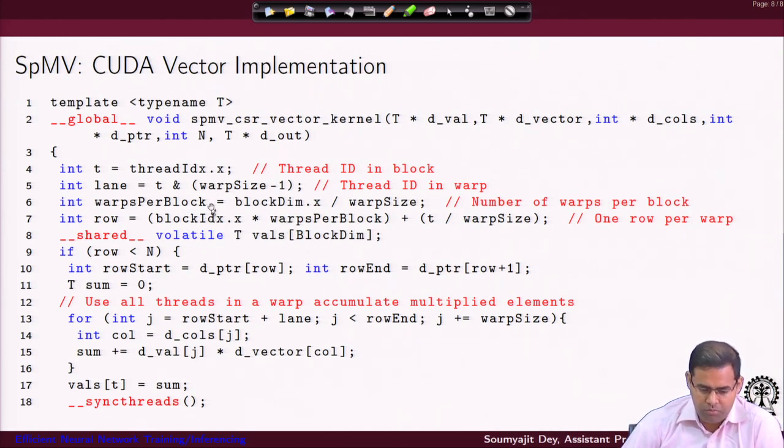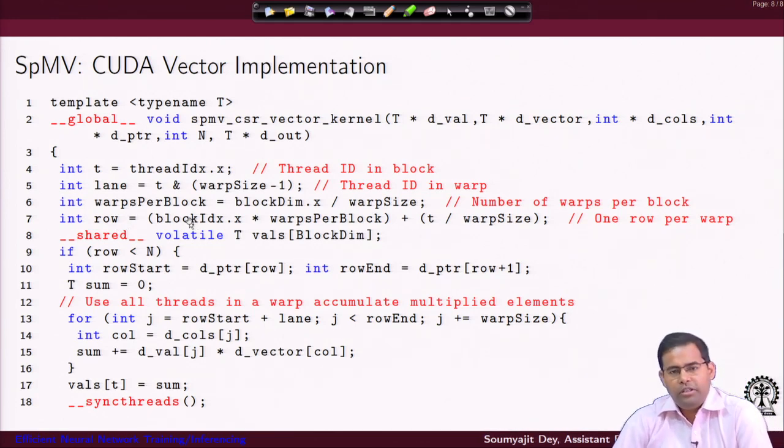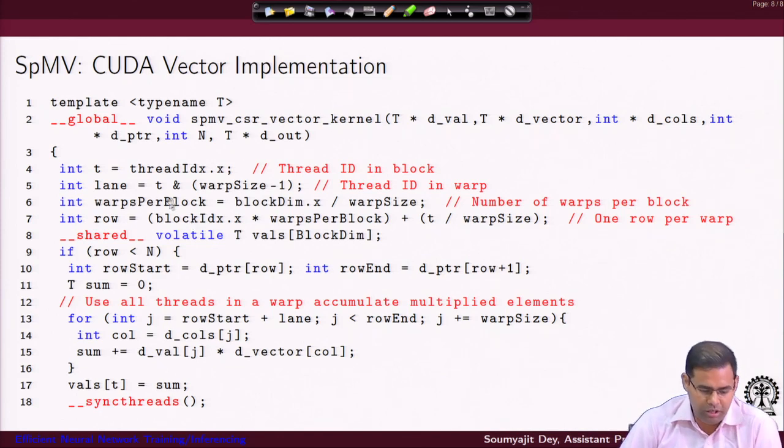First we have computed this warps per block, but the issue is I want to figure out the threads inside the warp, they are going to do the computation or reduction for which row, which is being taken care of by the next line. Well, I would just like to say that these are a bit advanced, but I hope this will be clear. So, you see I have figured out the position of the thread inside the warp, then I have found the total number of threads launched per block, and I figure that out by taking the block dimension and dividing it by the warp size. That gives me how many warps I really have for each block of data, right.